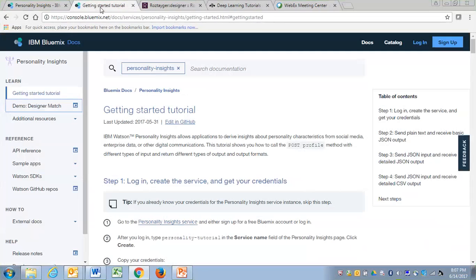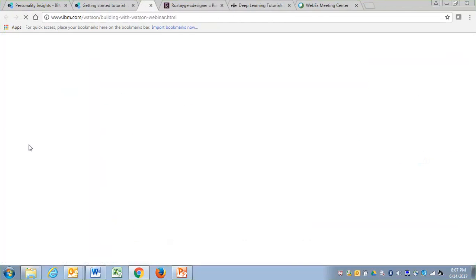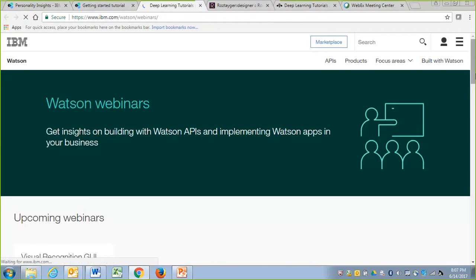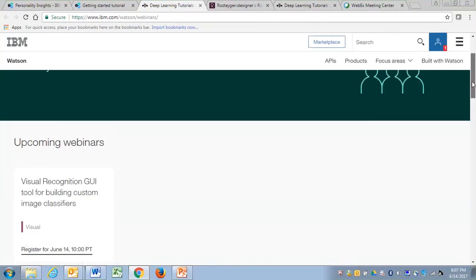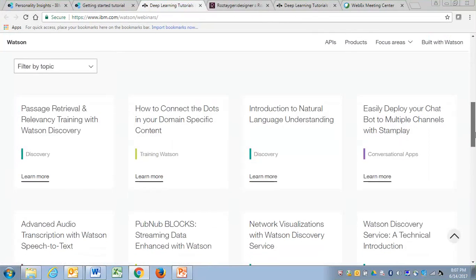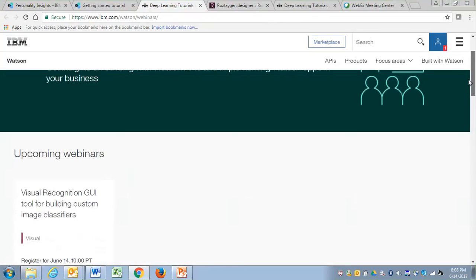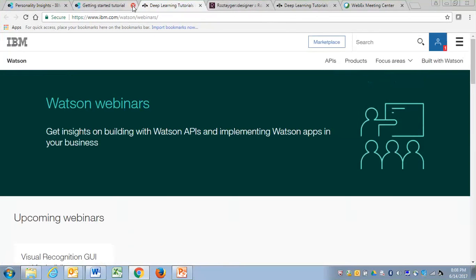But if you go to additional resources, there is a blog and many webinars and videos which are very helpful, so you can go more in depth, not just with the demo, but explore what you can do more realistically. So don't hesitate to navigate as much as you can in all these options which are available in